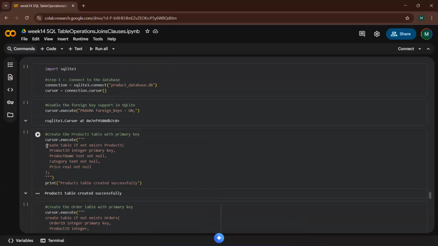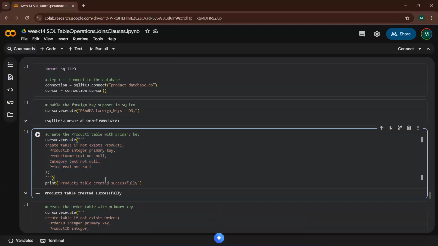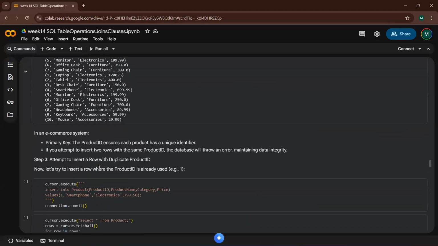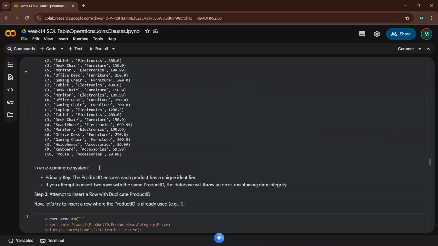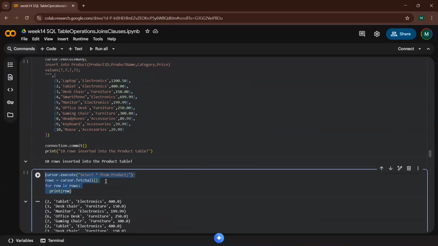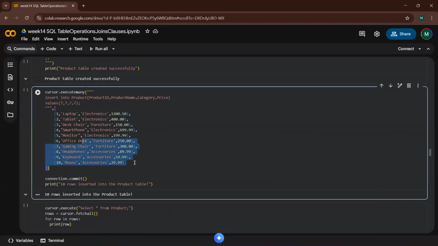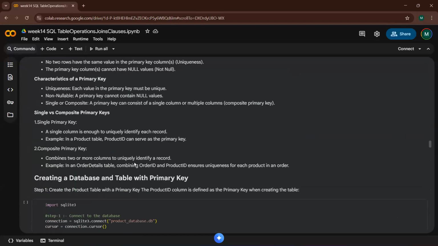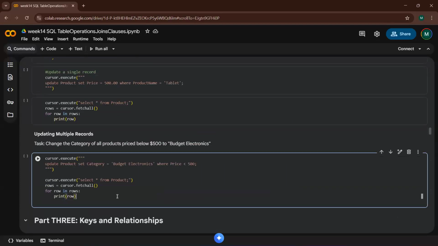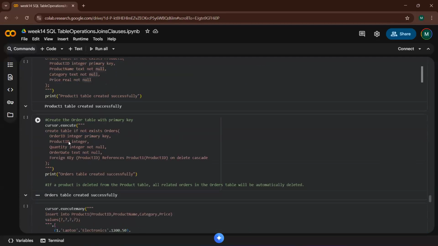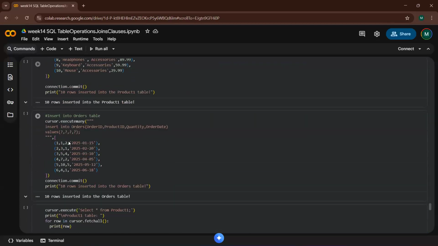Give me a second. If you're talking about this here, I'm taking price as real. No, not here, it was above, I think. If you're not giving anything, then you can take any kind of data type there. You're not specifying it now. Yeah, anything can go there. But here I thought you were asking about this. So here I'm taking real, that means a real number which cannot be a null value.